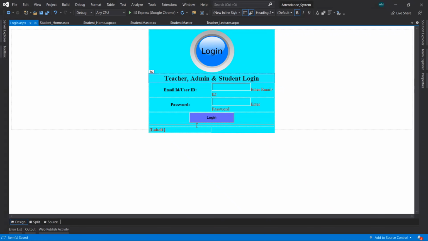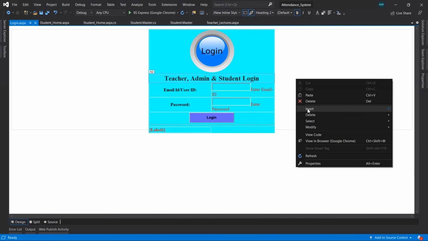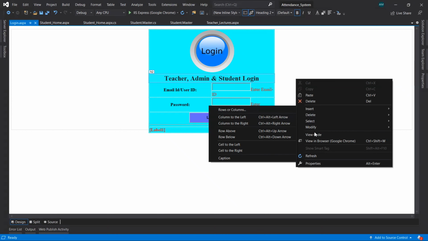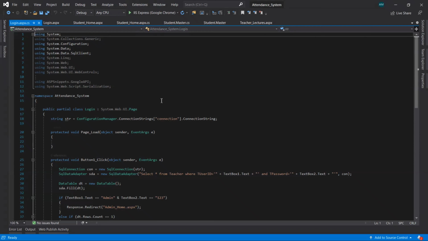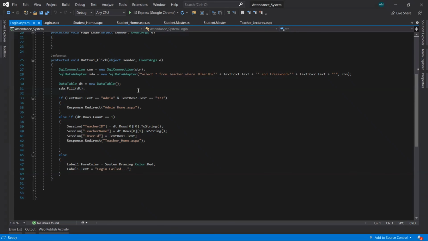So that's it, we have to change in the design page. Now go to the view code, that is the CS page. Now here we have to